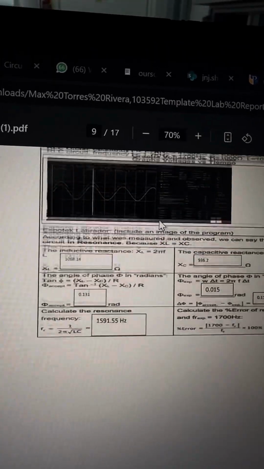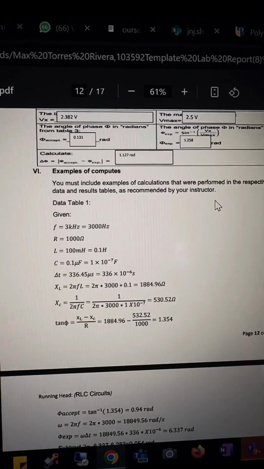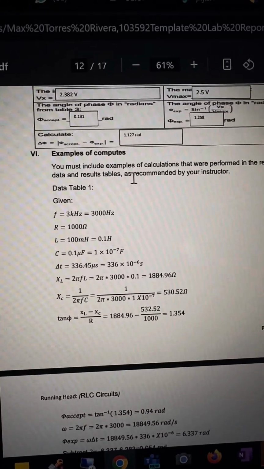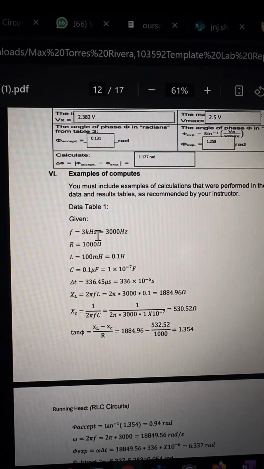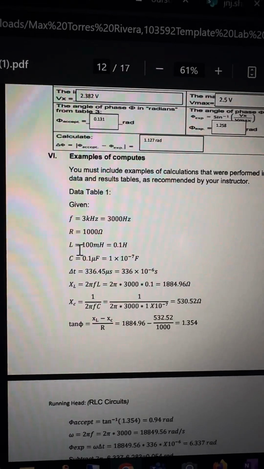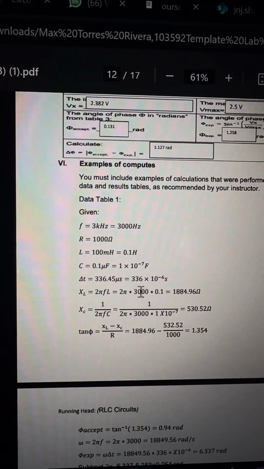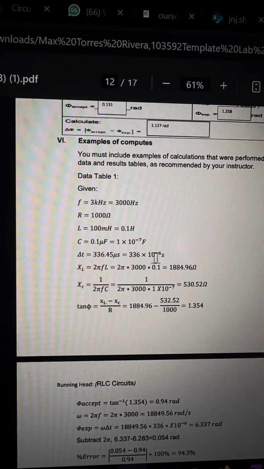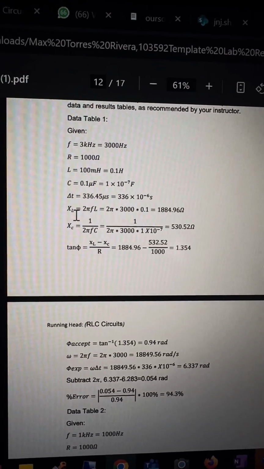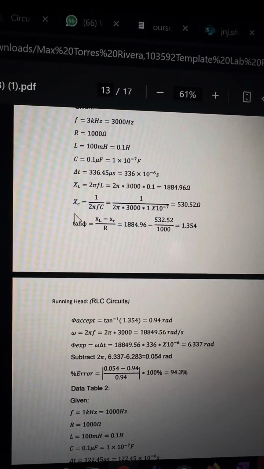And I'm going to show you the examples of the computations that we did in order to obtain those values. So we put our given values on each data table. On data table 1, we have that our frequency was 3000 hertz, our resistance was 1000 ohms, our inductor was 100 mH, and our capacitor was 0.1. So we plug in the formulas to find XL and XC. Then we find our tangent,